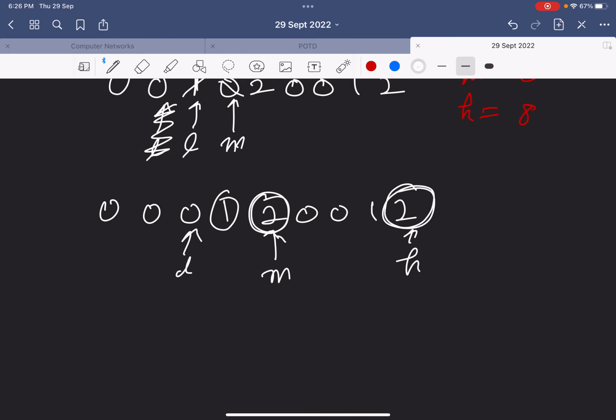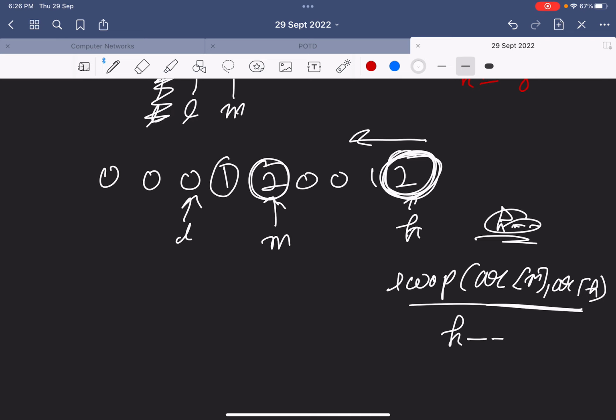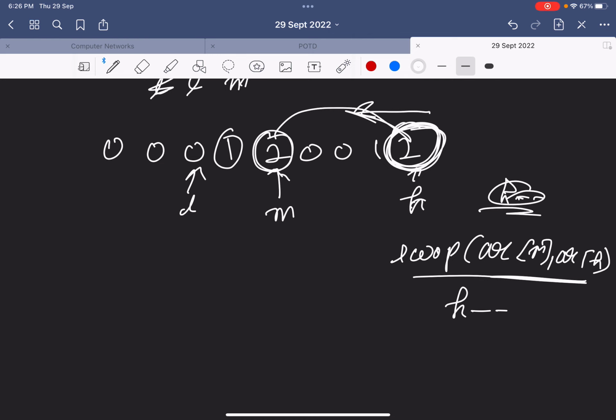What are we saying? We are saying that all the values which are beyond index H are 2's only. So I'll swap this current ARR M with ARR H, so that I will increase the window of 2's by 1. And that window will increase from right to left. So for that I have to do H minus minus. But before doing that I have to swap this, and I'll then decrement the H by 1. So on doing this swap, 2 will come here,